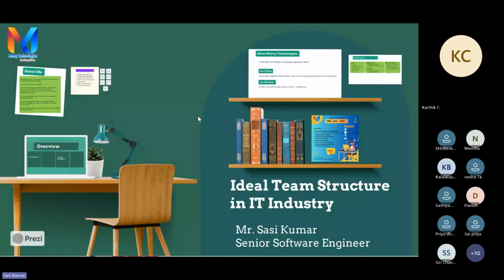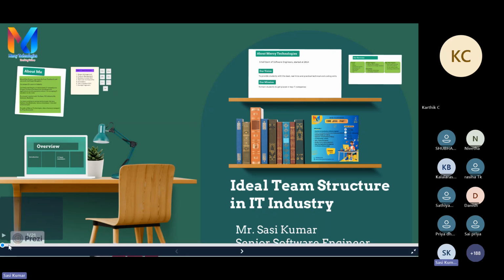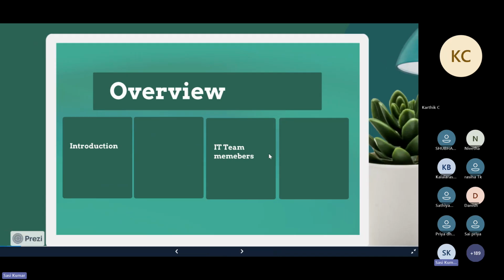the various team members involved as part of this application development process. So here we will see there are different types of team members. We will see their roles and responsibilities and what happens throughout the software development life cycle. As part of this session, we will see a very little bit of introduction and go through the team